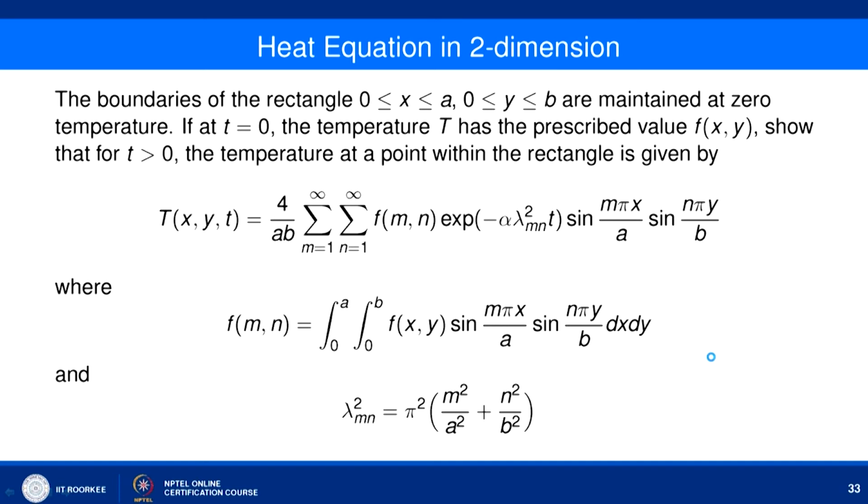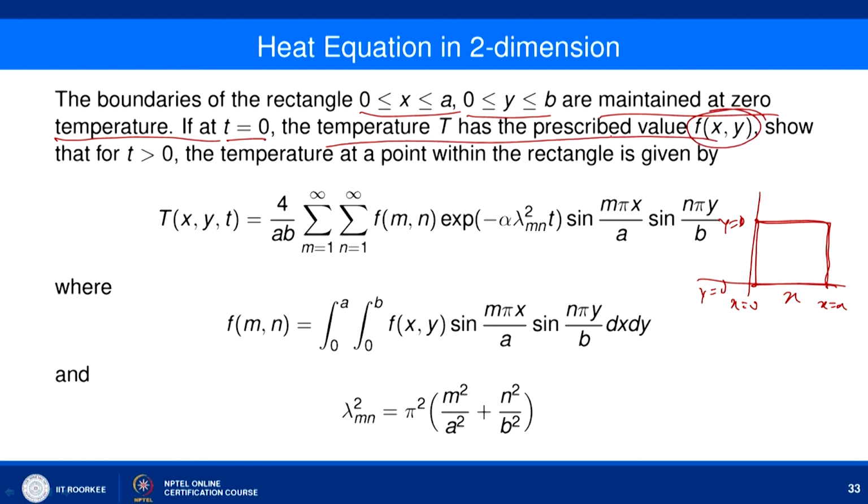So here, for simplicity, we have taken a very simple domain, that is a rectangular domain. So the boundaries of the rectangle, x lying between 0 to a, so it is x equal to 0, x equal to a, and here it is y equal to 0 to y equal to b. So this is a rectangular plate we can consider, such that the boundaries are kept at 0 temperature. So it means that the boundaries of the rectangle, x lying between 0 to a, y lying between 0 to b, are maintained at 0 temperature. Now, if at t equal to 0 the temperature T has the prescribed value f(x,y), then we have